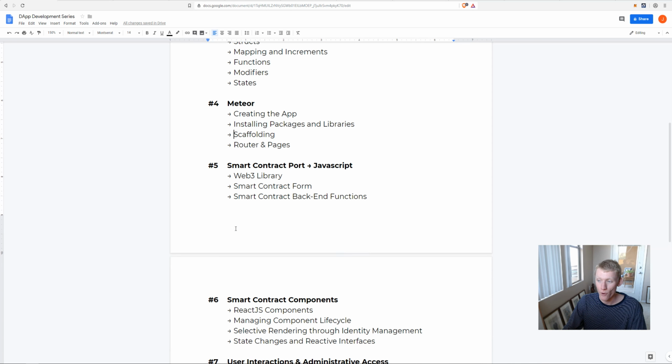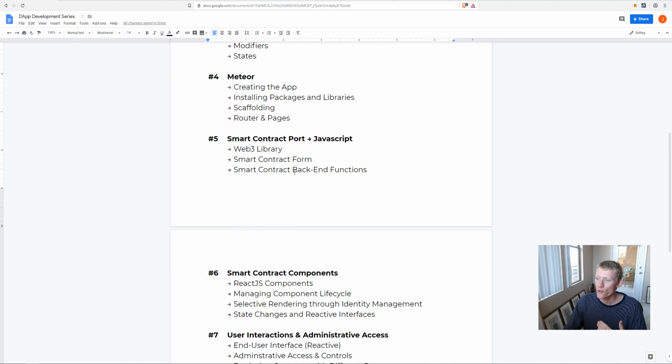This will involve the Web3 library, creating a smart contract form for interacting with it. That's going to be a huge complex piece, which we'll go into more in depth after, but we'll build a basic form to start out with and expand upon that. And then how do you manage interacting with the smart contract on the back end? How do you make a user interface allow you to click something through a smart contract and have